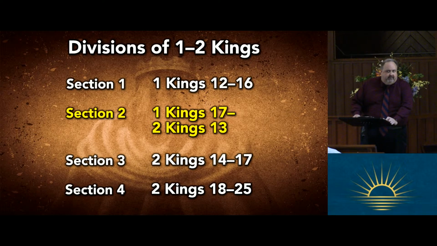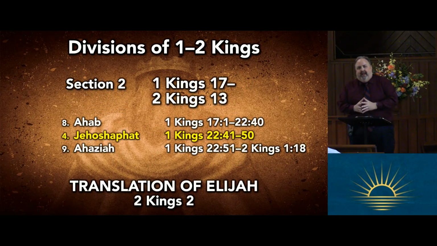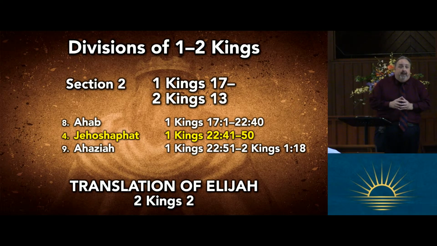What happens in 1 Kings 18? I want us to memorize this. 1 Kings 18 is the battle on Mount Carmel. 1 Kings 19 is when Elijah flees and God has to go to him and say, "What are you doing here, Elijah?" And the narrative slows down at this point and spends a lot of time talking about Ahab. So when the first major section talked about Rehoboam to Ahab, it picks up with Ahab and spends a lot of time talking about Ahab and his interaction with Elijah.